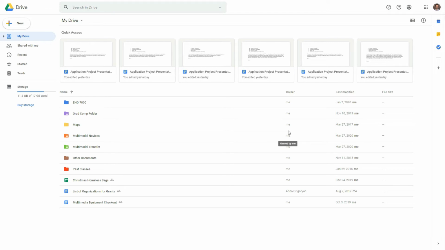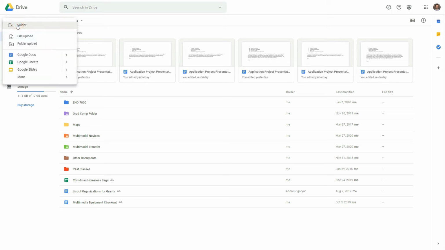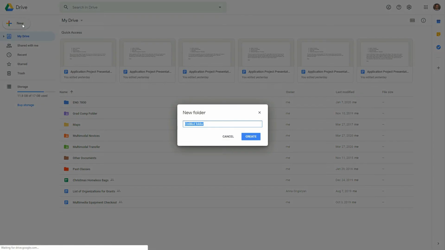Once you've signed into Google Drive, you should get a screen that looks something like this. The first thing I'm going to show you is how to create a folder in Google Drive. To do so, all you need to do is click on New in the upper left-hand corner, click Folder, and then name your folder. For this class, I would like you to use your own name in the title of the folder